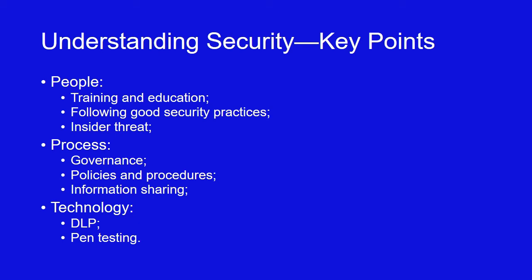From a technology side, data loss prevention, or DLP technology, is used by some companies to help keep information from flowing off their network, and obviously that's a security component that should be considered in appropriate circumstances, as is penetration testing, or pen testing, which is where a company tests the outer shell of its security by seeing when and how it can be penetrated by malicious third parties.